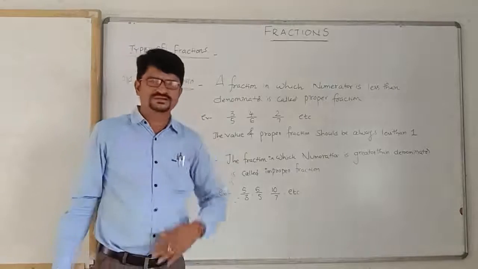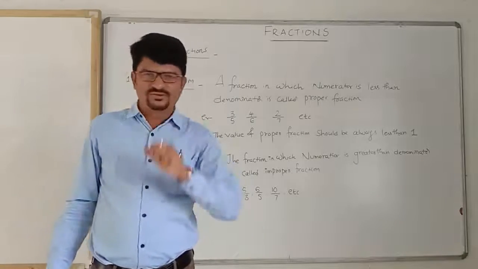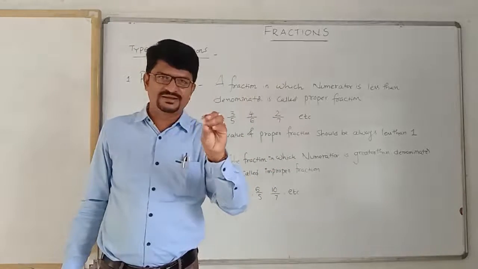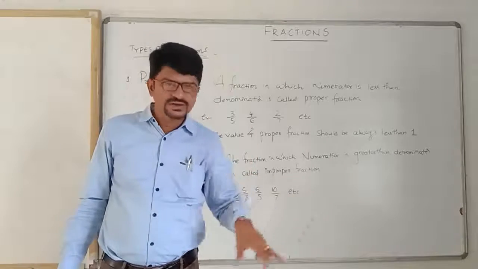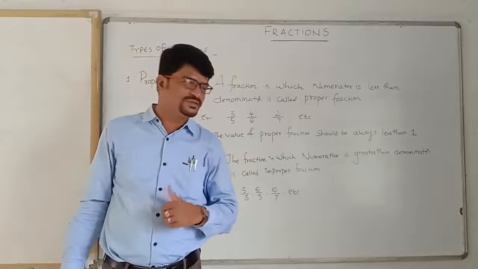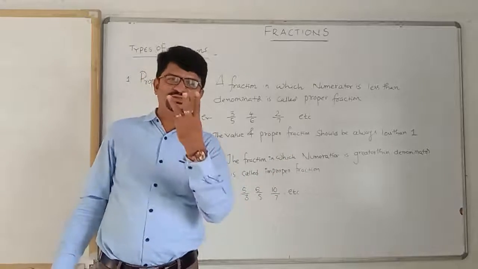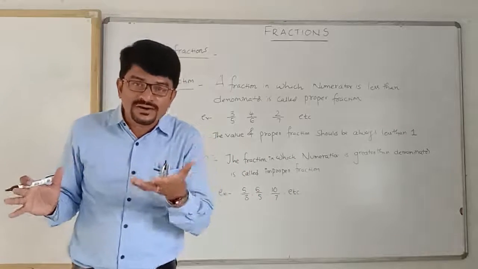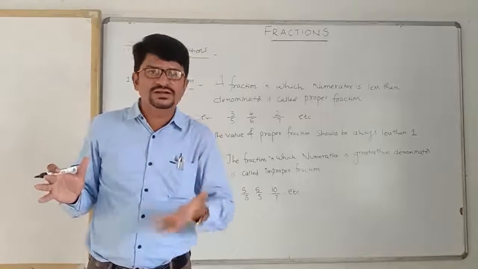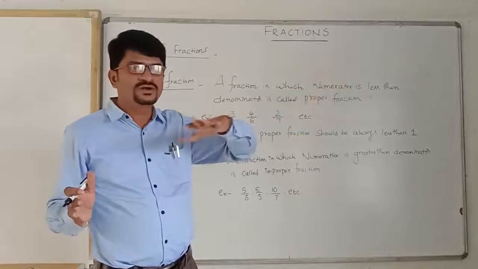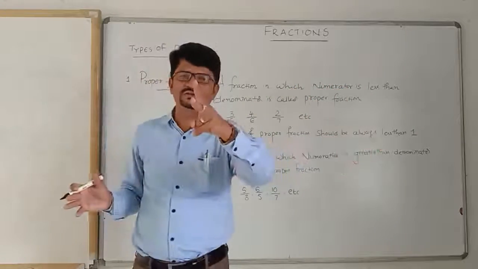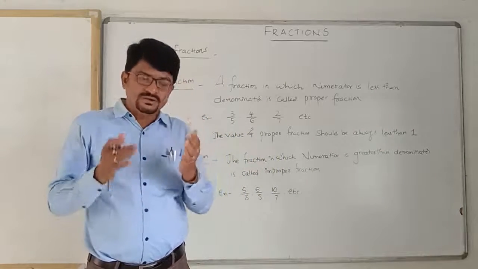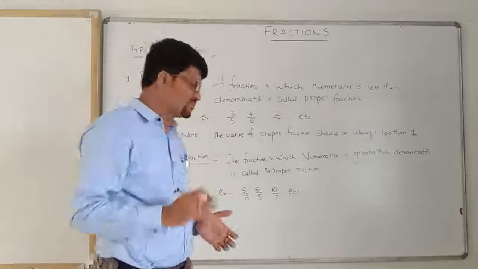For example, I'll tell you one example. You have 3 mangoes, but in your group of friends, five were there. You have only 3 mangoes. How will you distribute all the mangoes? Your friends are 5 and you have 3 mangoes only, so it is not possible. Whatever quantity you have, there are more people than that. To distribute the mangoes to everybody, you still need 2 more mangoes. So the value is always more than 1.